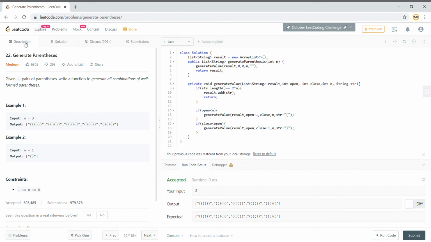But whenever I feel it's a common kind of scenario, your finger can have a memory and start typing backtracking as soon as it hears the words generate all combinations. So this works very nicely for all different kinds of problems which involve forming various permutations of numbers or characters.